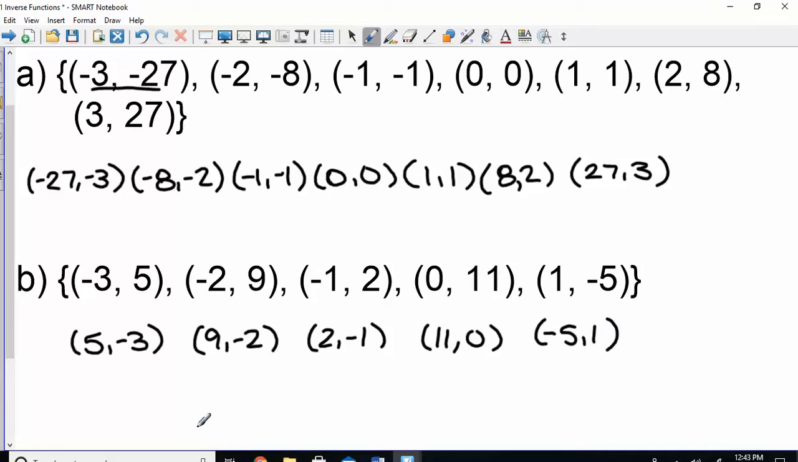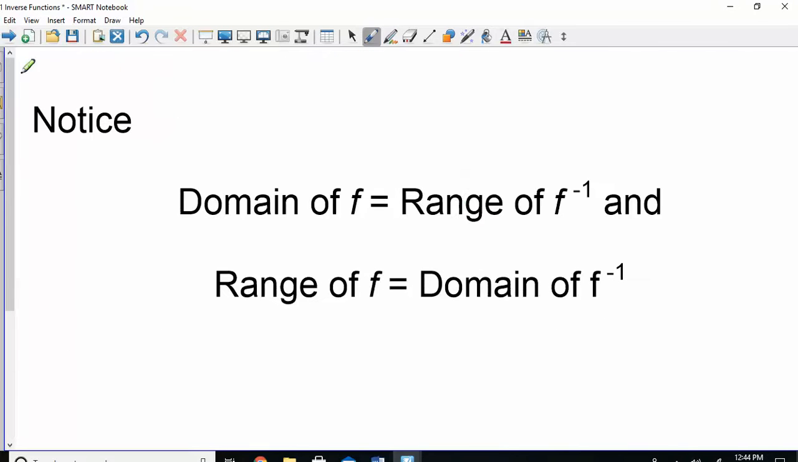Okay. So far, so good? If you notice, the domain of the original, those are the x's. In the inverse, that domain turned into what? The y, so it became the range. So the domain of the function will always be equal to the range of the inverse. The range of your original function, that's the y's in the original, they become your x's, so that's the domain